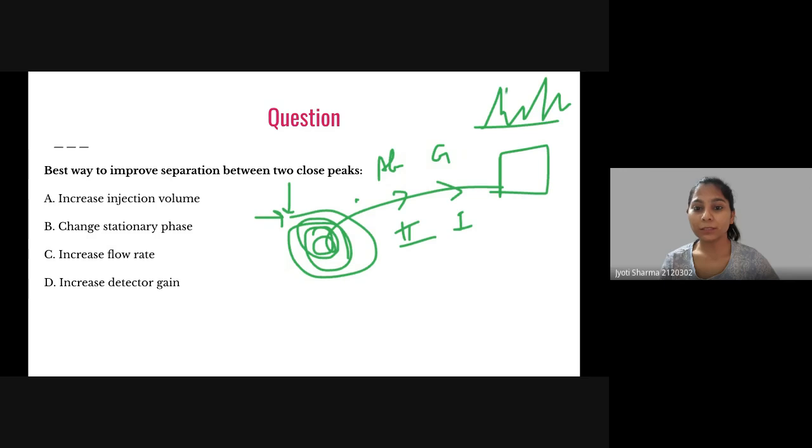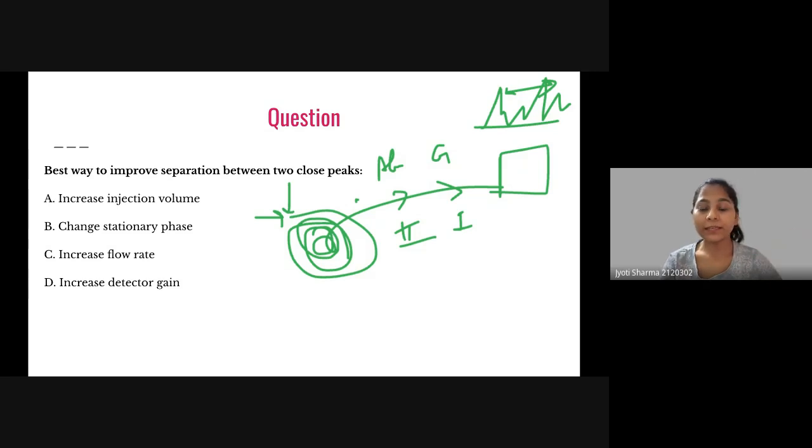If these signals are closest to each other, then what is the method by which we can improve that separation? Otherwise it will be difficult for us to distinguish two different peaks. If I want two very clear peaks, then what should be the method? Increase flow rate will not help us. Why will this not help us? Because we need to